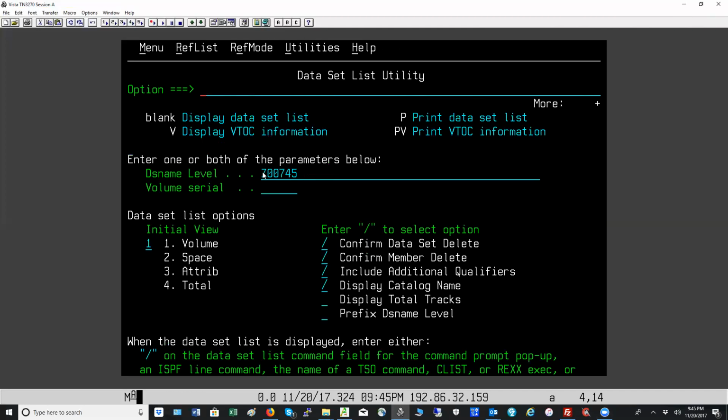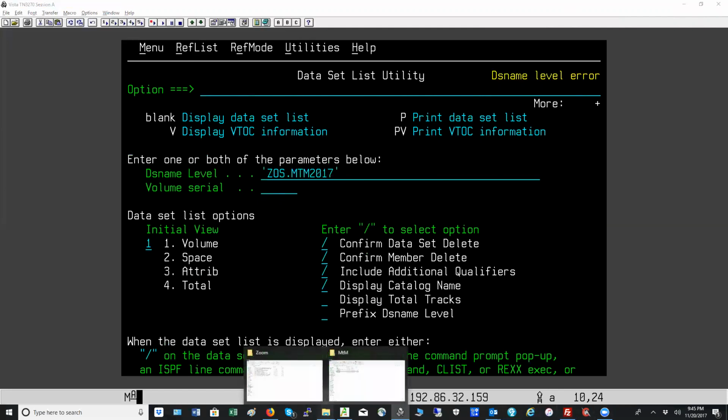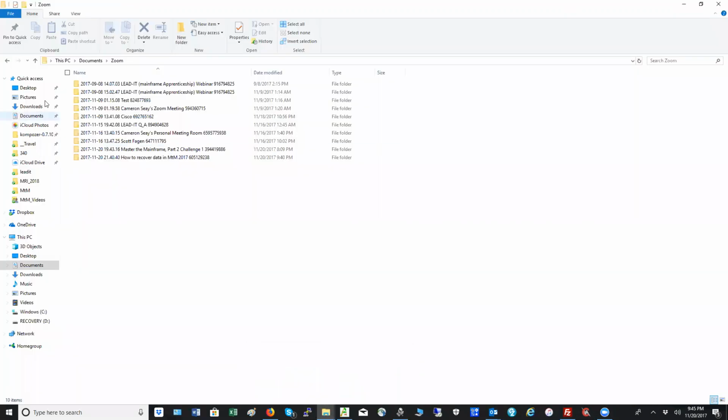So let's go back out. I need to show you where all the data sets for the contest are, in single quote ZOS.MtM 2017. I've only done this a zillion times already. Let me look at the